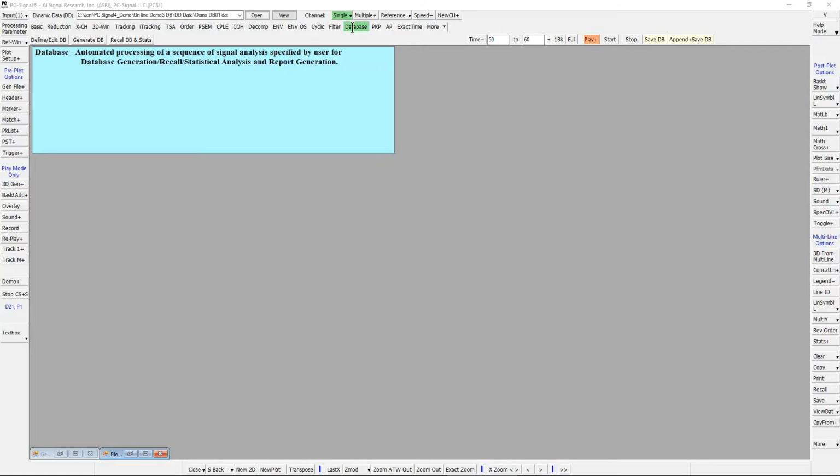Database is to perform automated processing of a sequence of signal analysis specified by user for database generation, recall, statistical analysis and report generation. Its M2 menu includes 3 buttons for 3 major steps of database analysis, which are define database, generate database,